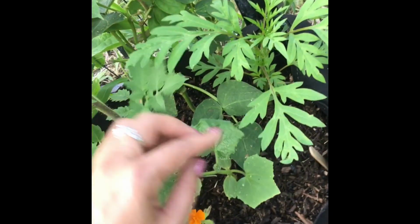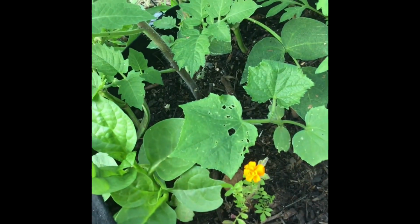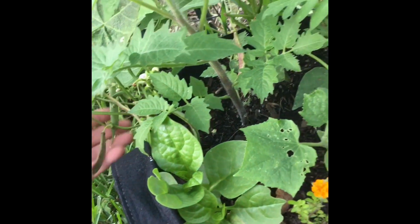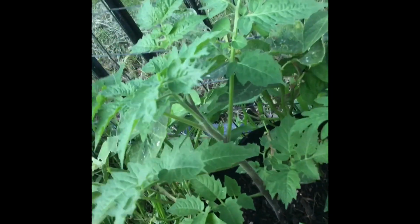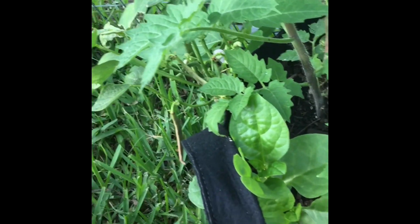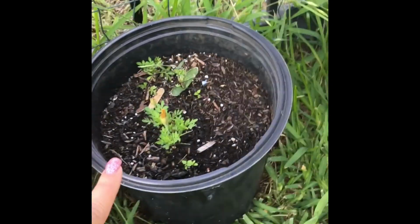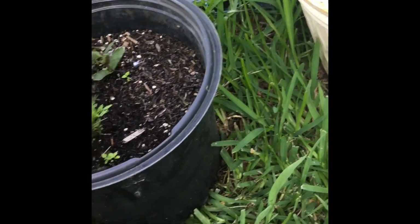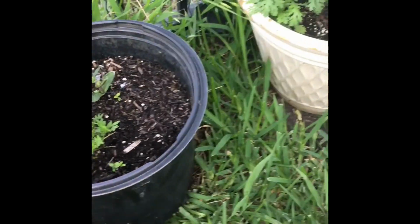I think this is a cucumber, is it? Yes, it's a cucumber. And the beans that were in here have come to the end of season. They did give us a bunch of beans. I will be pulling those out, but they help fix the nitrogen already in this pot for me. This pot is struggling. I really need to figure out what's going on. I think it got battered up in the hail, and it just never